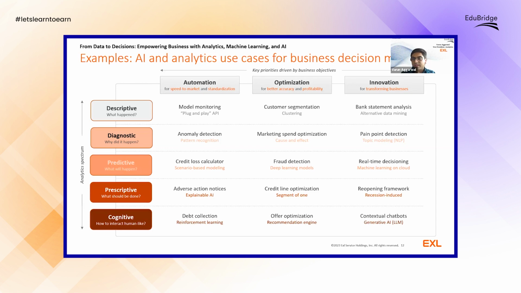On the innovative side, you may have heard a lot these days about ChatGPT and similar large language models. That's a new thing that you would see, and it's actually not that new. It has become more popular now, but large language models have been there in the system for quite some time. So generative AI and contextual chatbots are some examples, and I think all of you must be familiar with them, so I don't need to go into details. But this is also one of the key use cases these days.